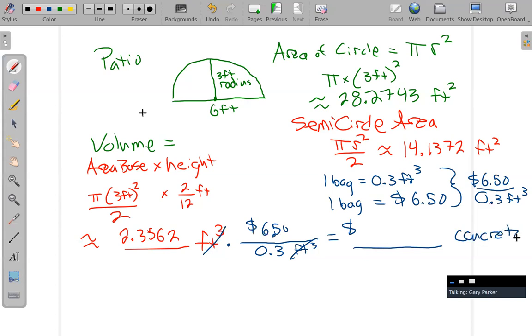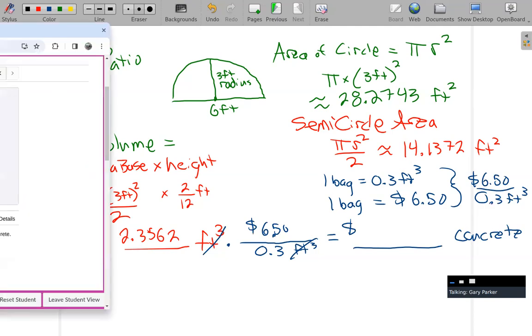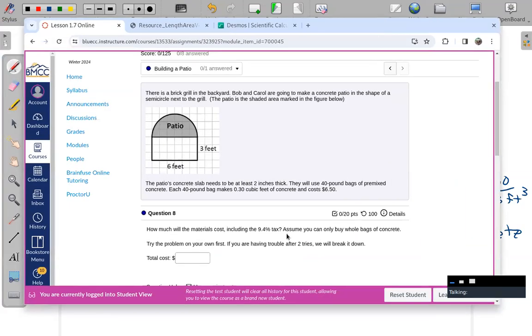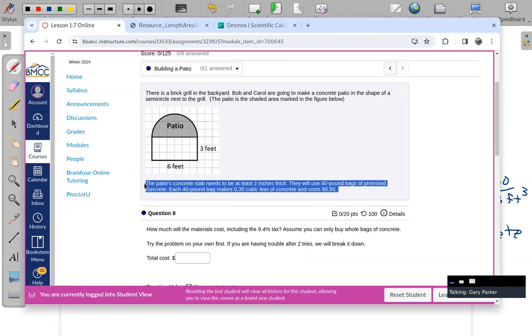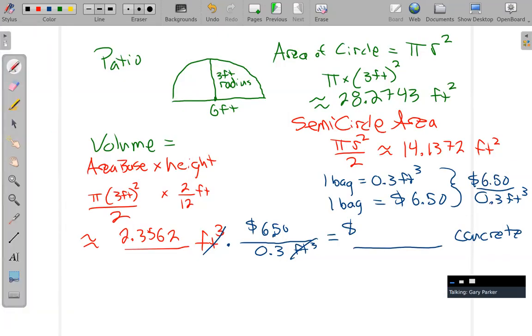Do we need anything else? Sales tax, but is it just the cost of the concrete here? Yeah, the only thing they mention is the concrete. We don't talk about building that form to hold the liquid concrete in. Well, that's their problem. So then once we get the cost of the concrete, we can then add on to that